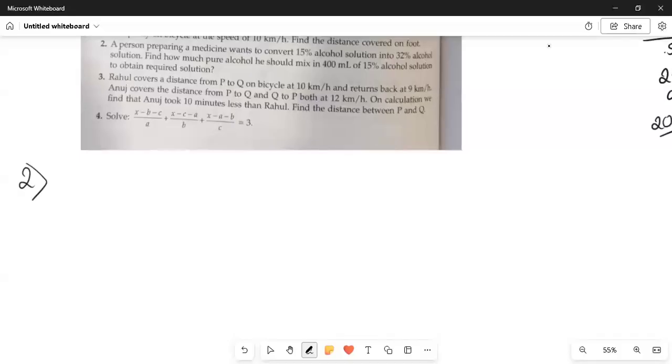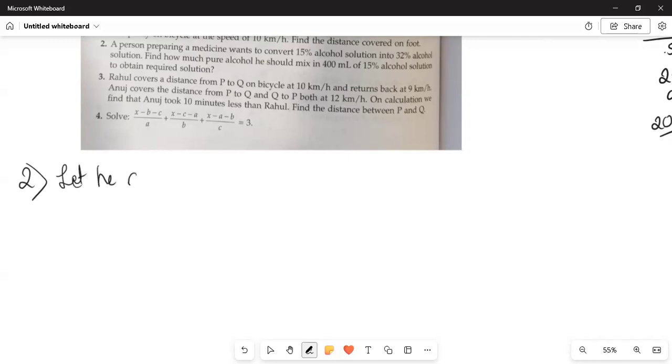Okay. Question 2. A person preparing a medicine wants to convert 50% alcohol solution into 32% alcohol solution. Find how much pure alcohol he should mix in 400 ml of 15% alcohol solution to obtain the required solution. Okay. So what we have, so